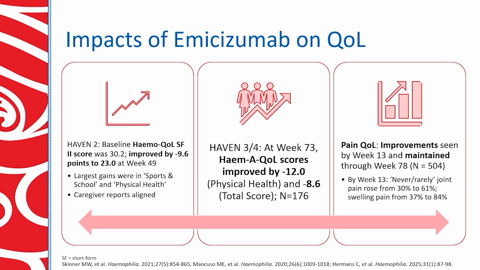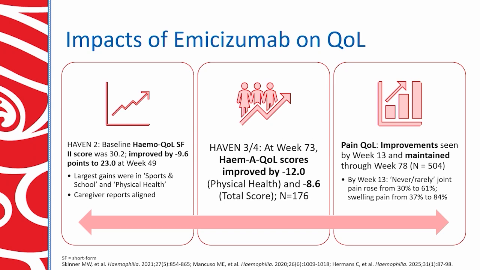And the question is, what impact do factor VIII mimetics like emicizumab have on quality of life? We have some data from the clinical trial program of emicizumab, presented by Cedric, in the HAVEN 2 study, in the pediatric population. There is a significant improvement of quality of life very early, especially in specific domains like sports, school, and physical health. And this is in line with caregivers'